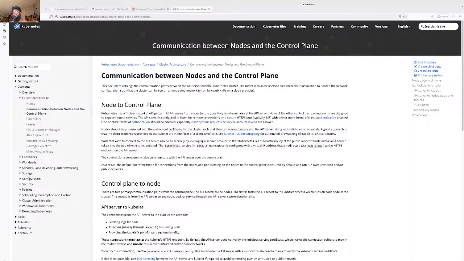All right, that's my first problem. It's got to be the API server, right? Two paths. All right, I think that's it. Two ways of communicating, right?